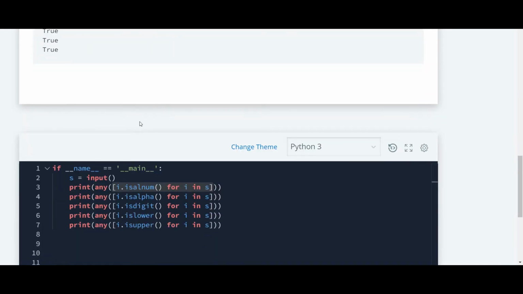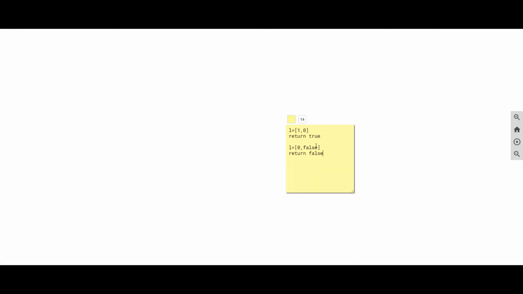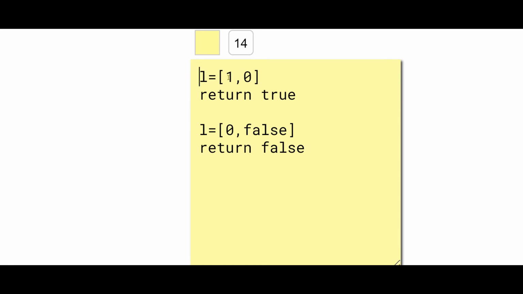So for that we are using the any function. I'll tell you what the any function does. As you can see here there is a list, and in the list there are two members, 1 and 0. Here there is one true and here there is one false.